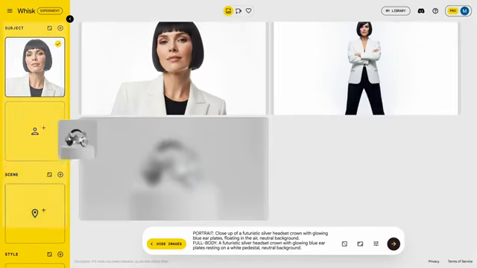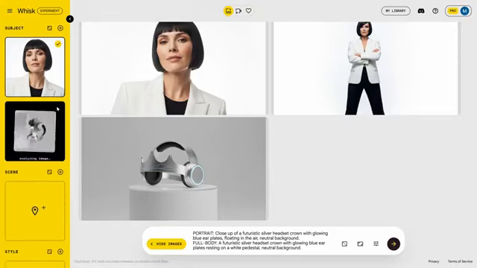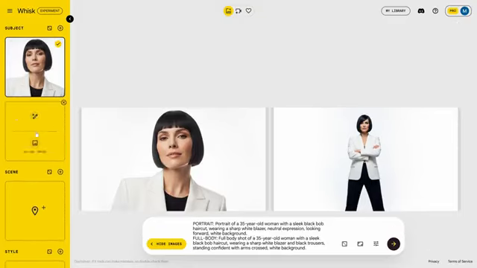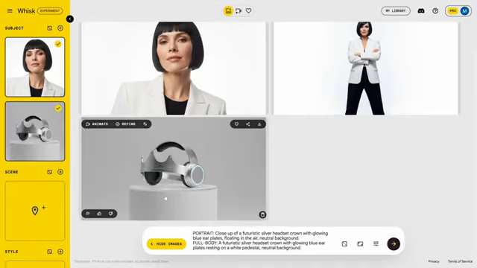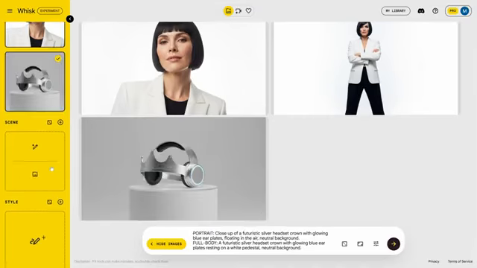A section that I find very interesting is that if we already have a character in our brand, we can simply put ourselves on top of the subject and tell it that we want to upload our own image, in case we want the character that appears in what it creates to be from our own brand, our own product, etc. If you want a video where I give you different use cases that can be given to this application,